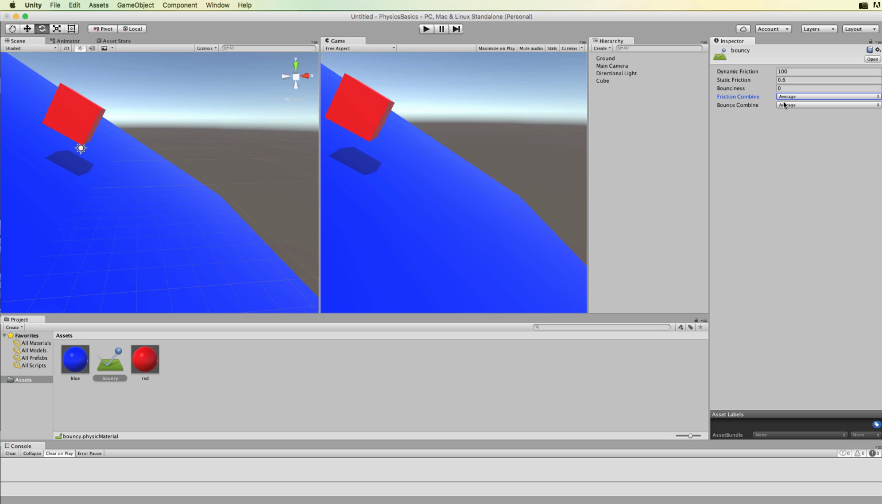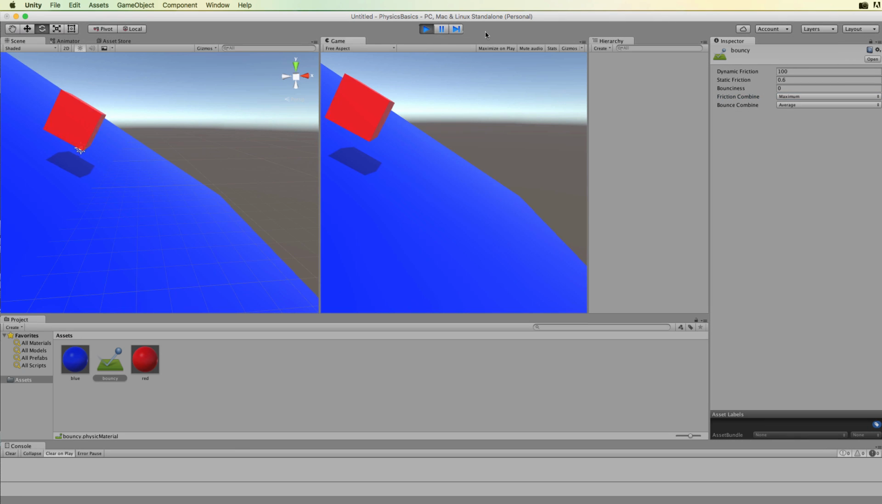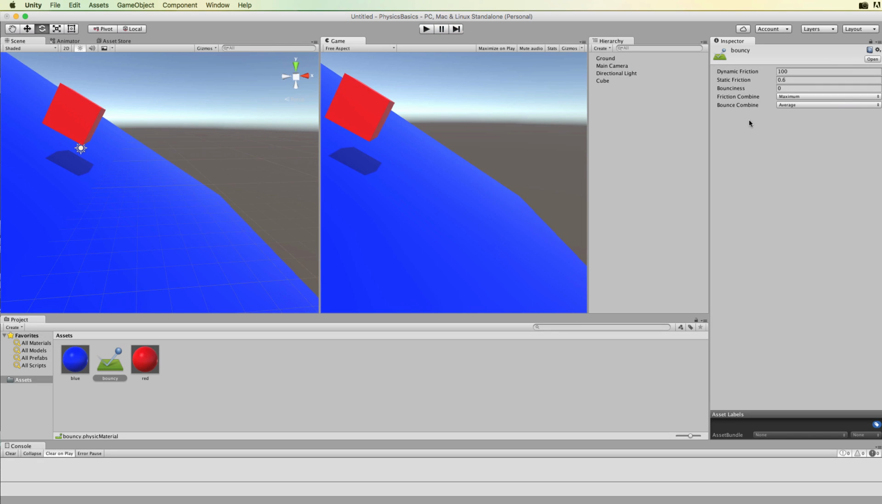So we've had it so far set on average. If we went to maximum, it's going to use the cube's dynamic friction itself. So which is what we were working with before. So we will get the same result where it's trying to stay still, but then gravity just takes over. With the